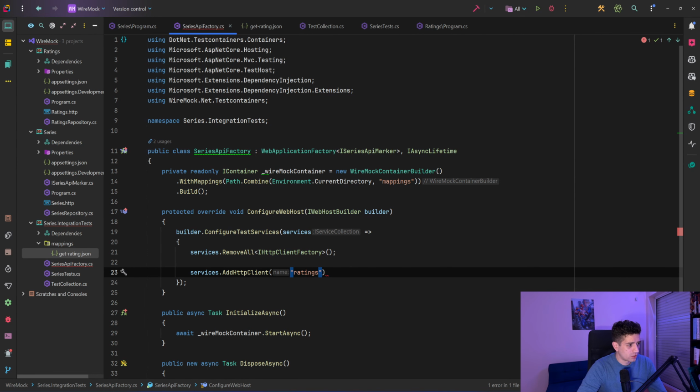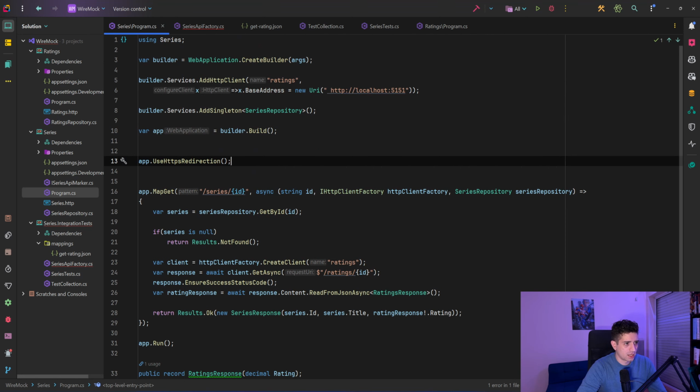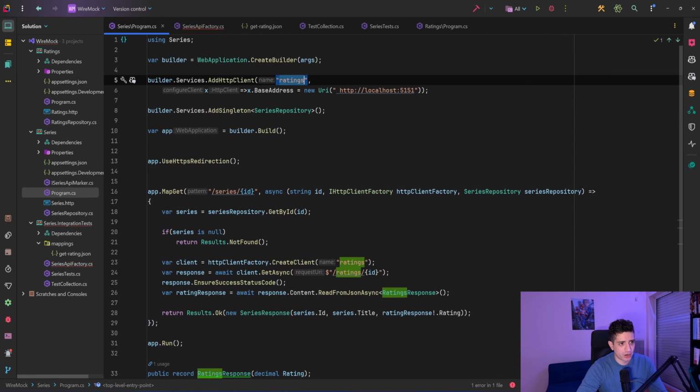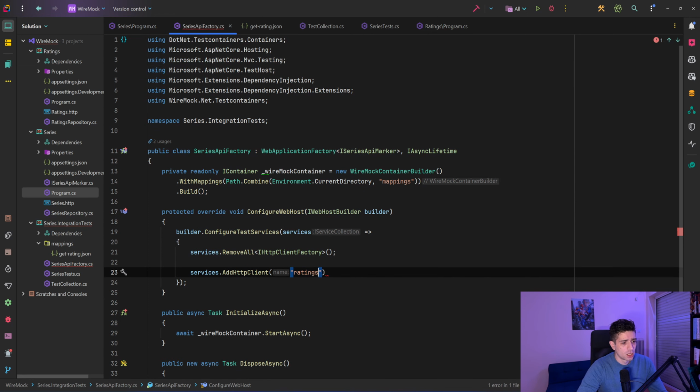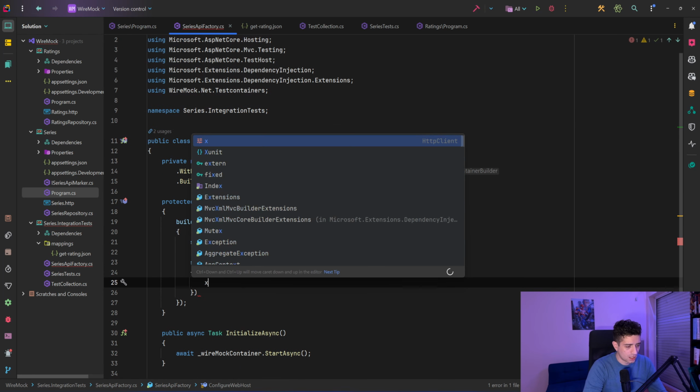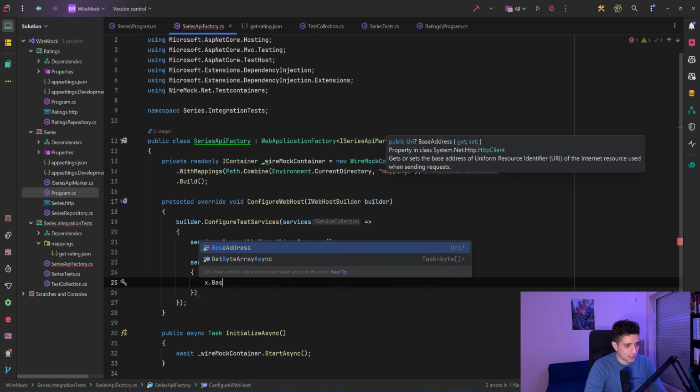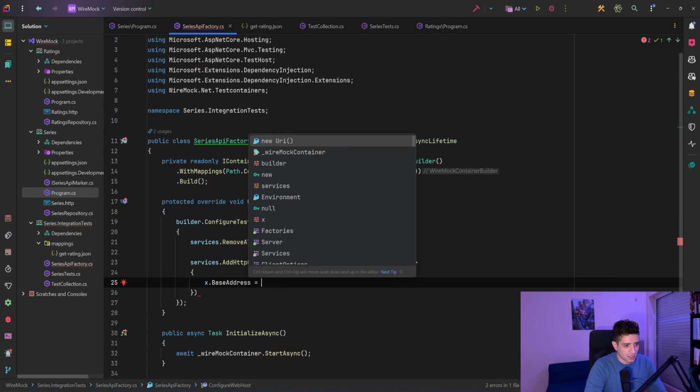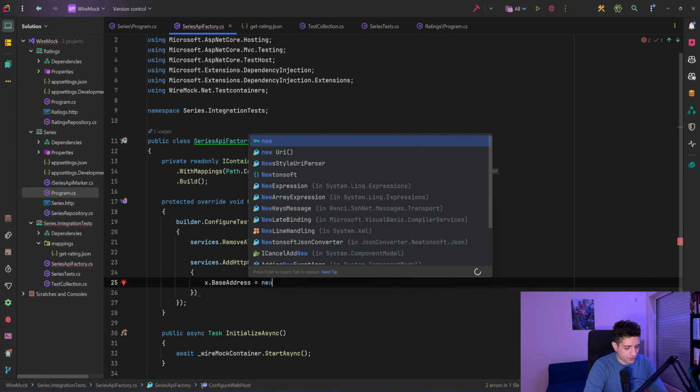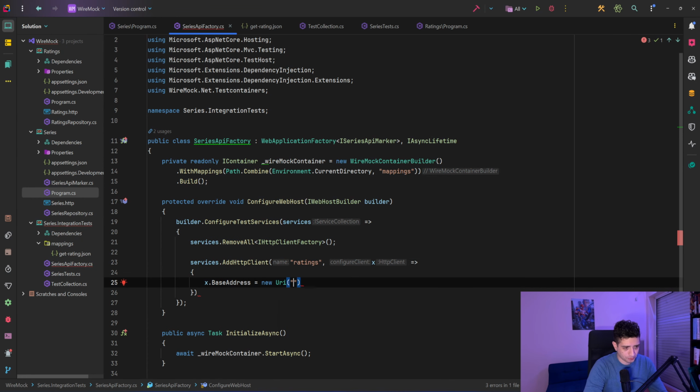I don't remember if I showed you, but in my Program.cs I add an HTTP client, a named HTTP client with the name ratings and the URI of my other service. So in here for the URI, I'm going to say that the base address equals a new URI, and that will be HTTP